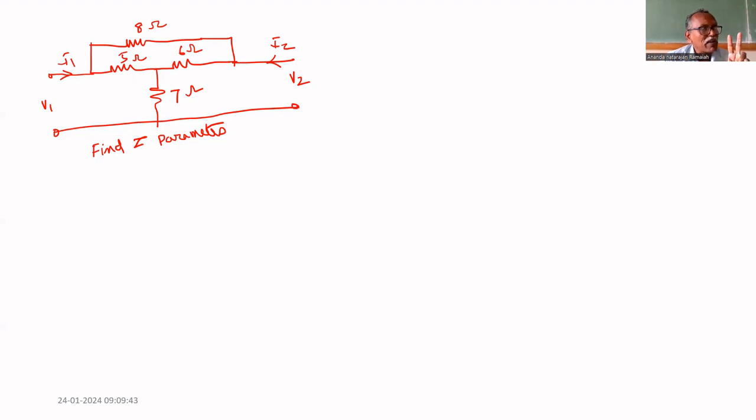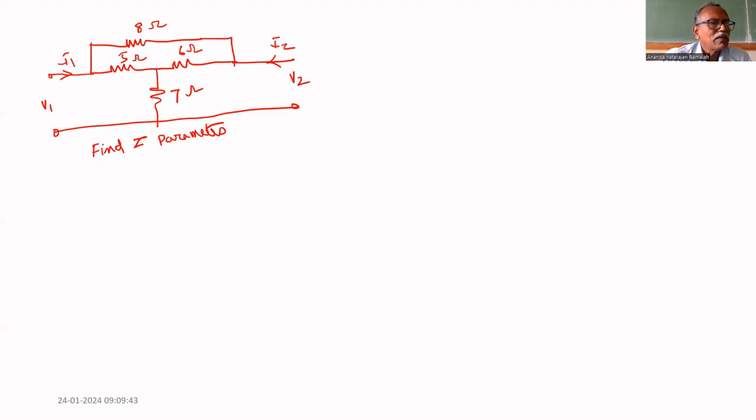Two ways we will find the parameters: opening the port or short circuiting the port. If you short circuit the port, voltage is zero. If you open the port, current is zero. This is the way by which we find the two-port network parameters. Here, we are not using that. Why? Because it consists of